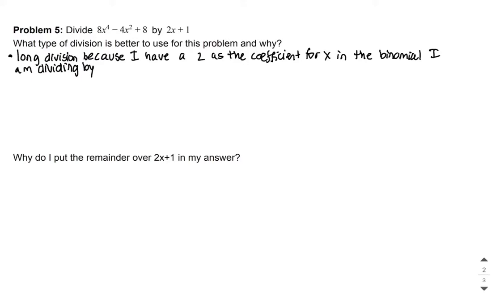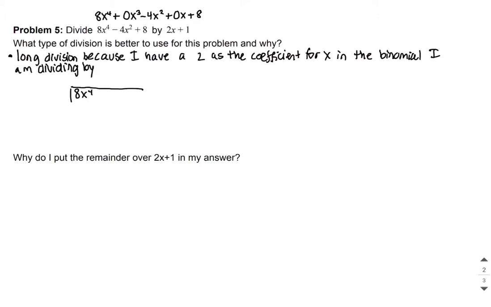All right, for long division, I'm going to put this polynomial inside of my long division bar. So I have 8x to the 4th power. I want to write all the terms so everything lines up, so I want to include all powers from x to the 4th power down to the constant. I don't have an x cubed term here, so I'm going to put in 0x cubed. I have 0x cubed minus 4x squared. I don't have an x term either, so I'm going to put plus 0x plus 8, and that's what's going to go inside